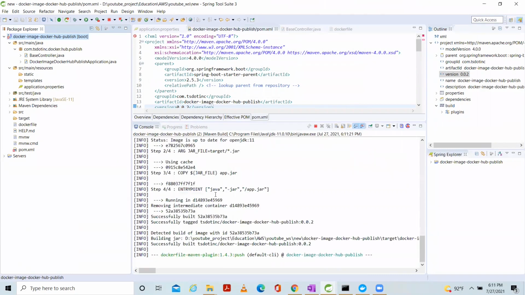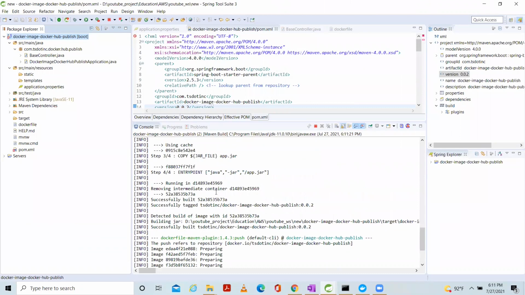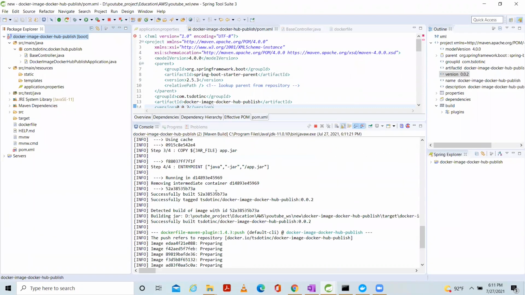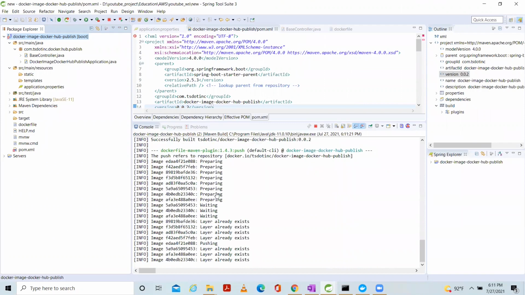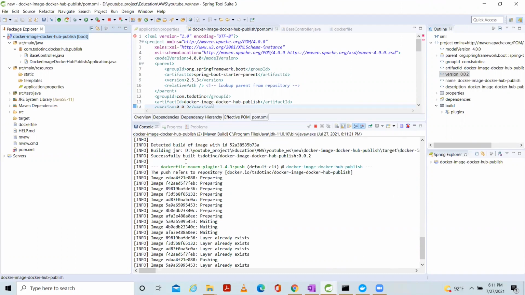You can see this, build got started, and see the steps here. Successfully created the Docker image here.